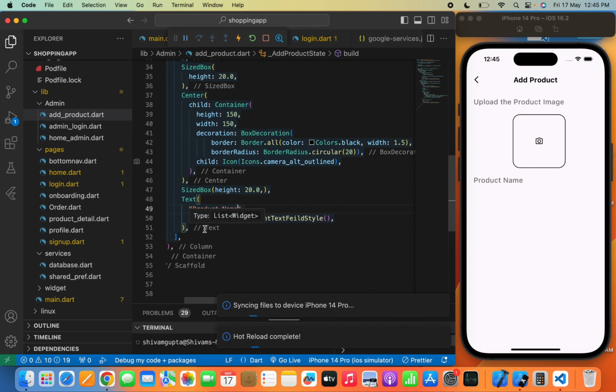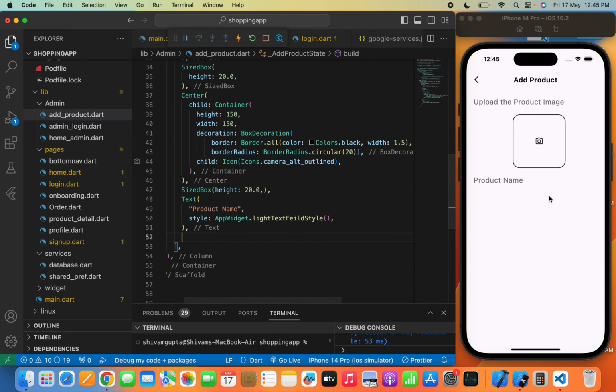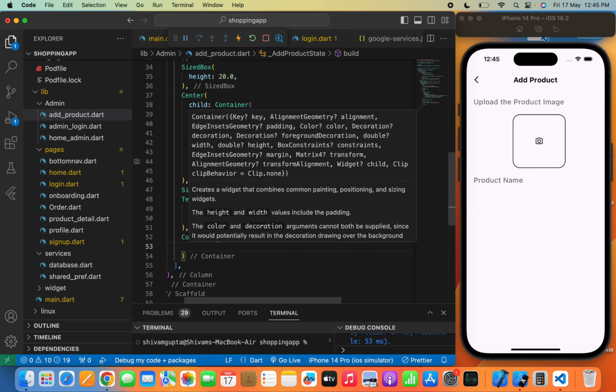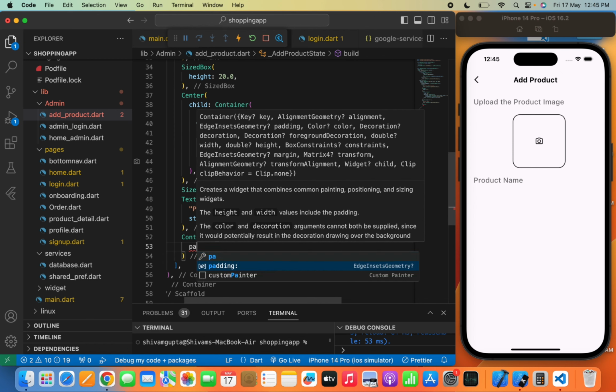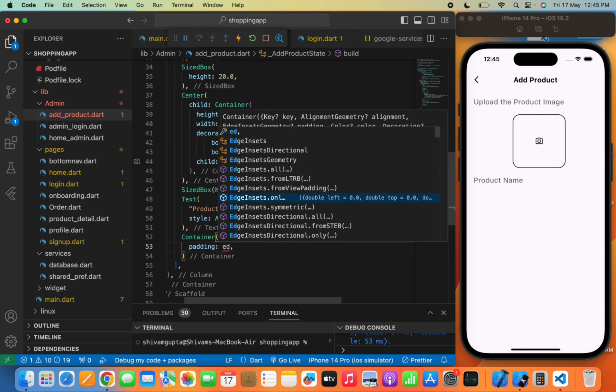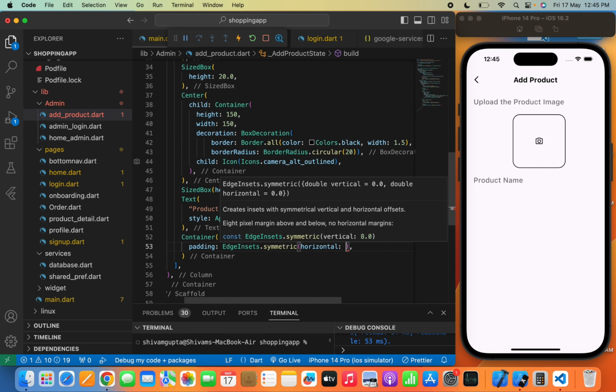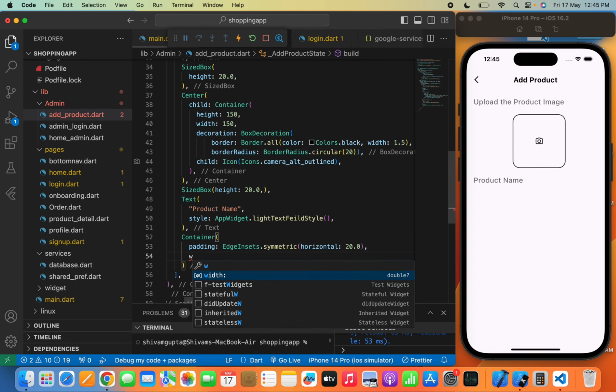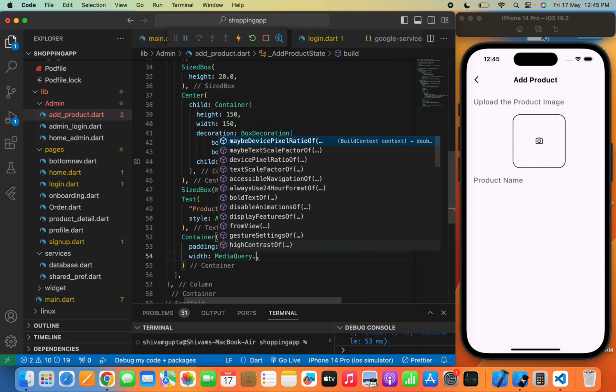After this I want to show the text field so that the admin can write the name of that specific product. So I will write a container, and in the container I will write padding EdgeInsets.symmetric, and provide the padding which will be 20.0, and provide the width,